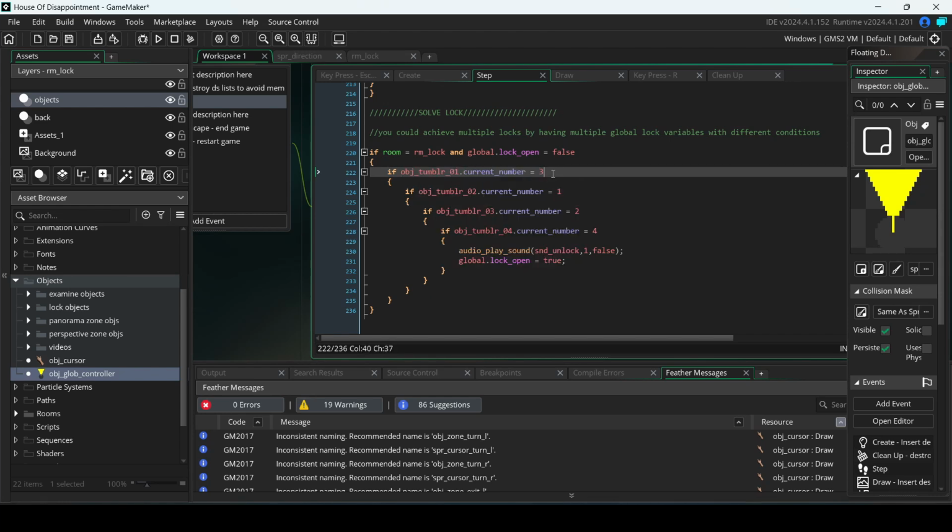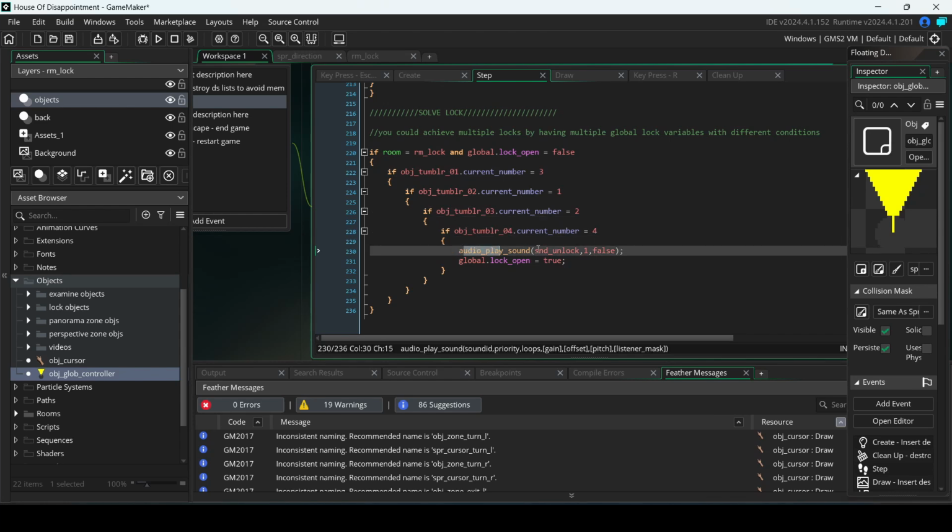And I'm not going to say that again every time, but if obj_tumbler_02.current_number == 1, if obj_tumbler_3.current_number == 2, if obj_tumbler_4.current_number == 4, right? So the combination, you guessed it, is 3, 1, 2, 4. audio_play_sound(snd_unlock, 1, false);